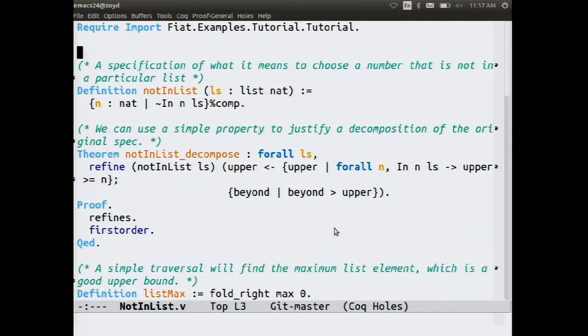Fiat is a general framework for programming with specifications and transforming them into correct implementations with good performance. The example I want to use is: given a list of natural numbers, I want to compute another number n that is not in that list. Not exactly a grand challenge for verification, but a good small example to show this transformational program generation approach in action. So let's try that.